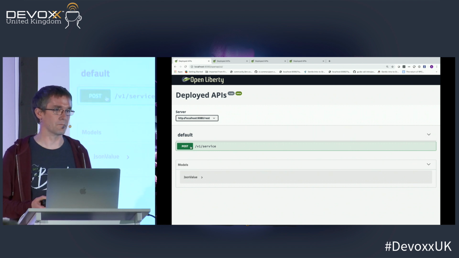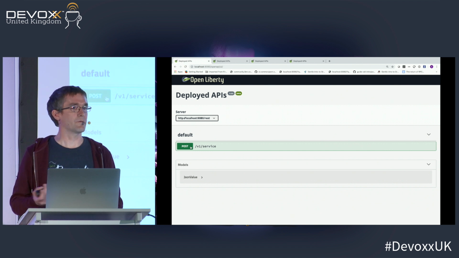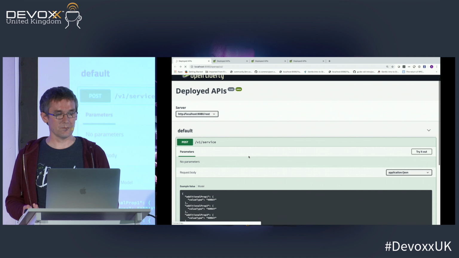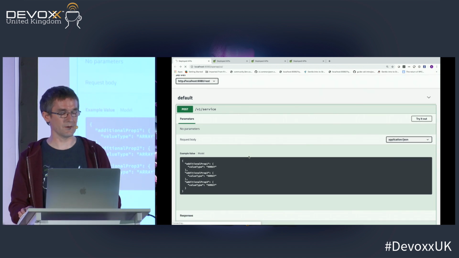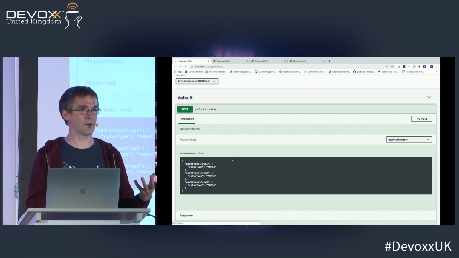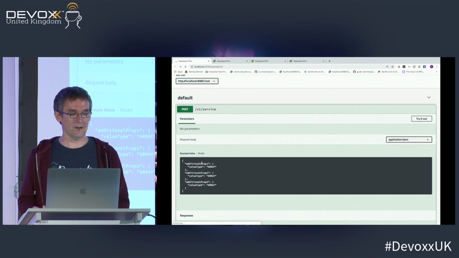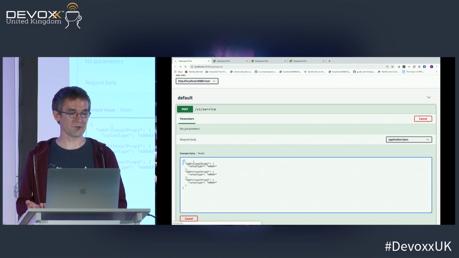So I've got a service endpoint. It's a single endpoint. That's another point to make. So lots of requests will hit this endpoint. And so in terms of explaining to the user about this service, there's not a lot I can say because there are so many different types of data that are going to flow over this. So when I try to define an API for it, all it's going to tell me is, well, you can send some JSON and you're going to get some JSON back.